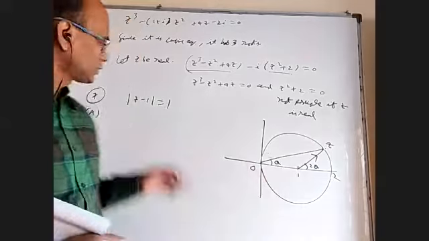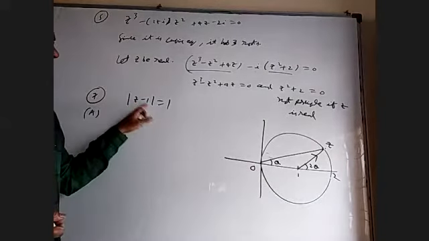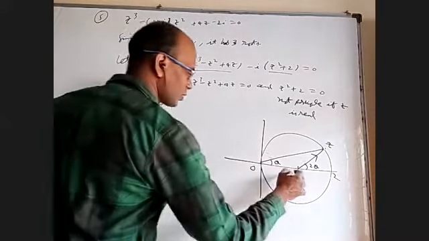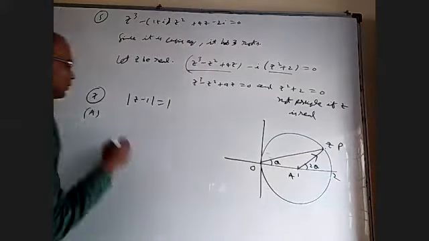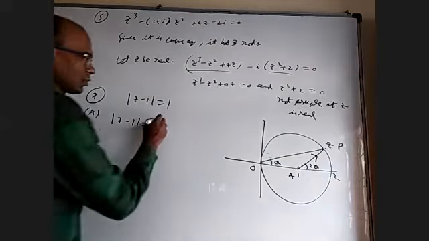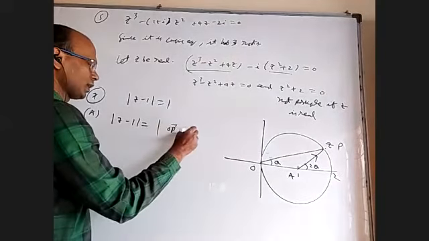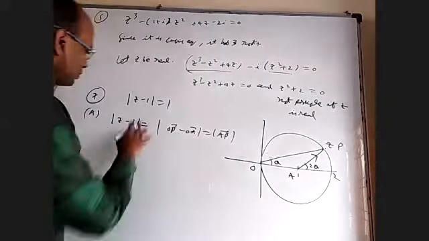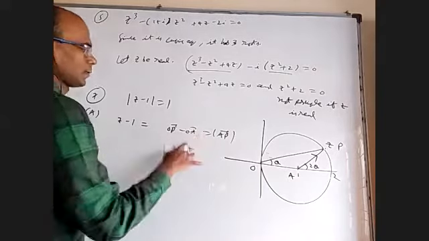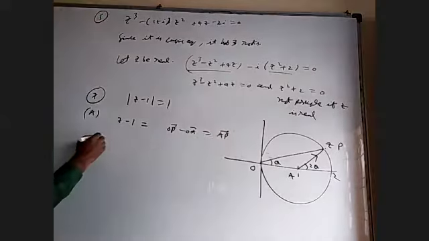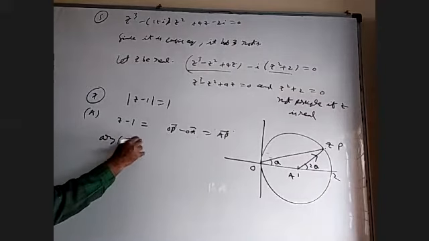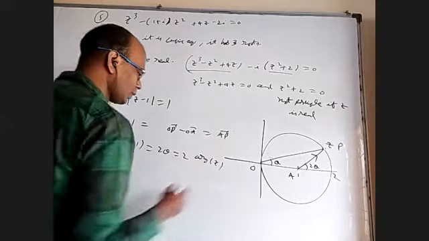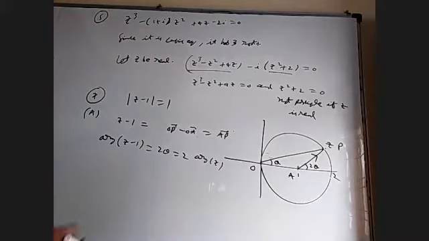And what is this vector? z minus 1. z minus 1 means this is like OP bar minus OA bar. It will be AP bar. All right. So I can give names if somebody wants. Not required, but you can take this as A, this as P. Okay, z minus 1 is basically OP bar minus OA bar, which is AP bar. So we can easily see now argument of z minus 1 is nothing but 2 theta, which is 2 times argument of z. Very easy to make the question. That is from the geometry.